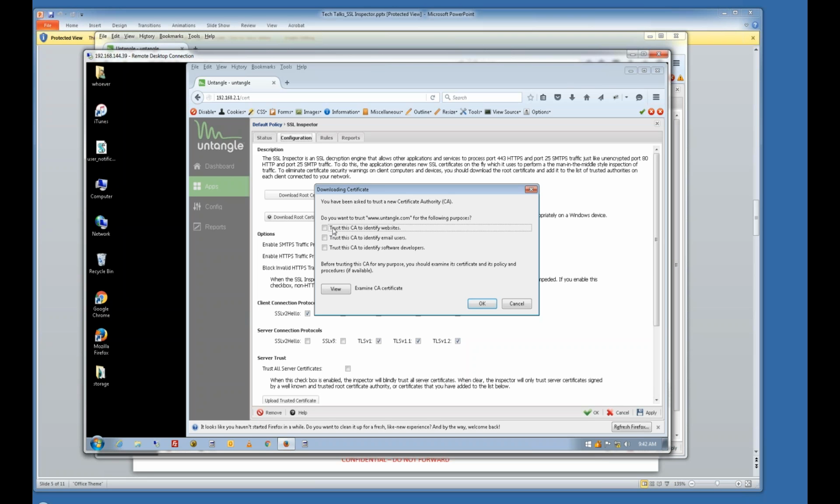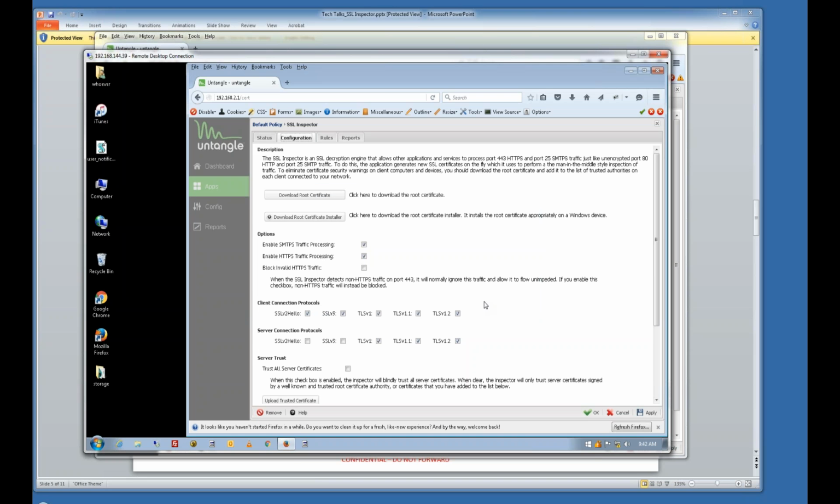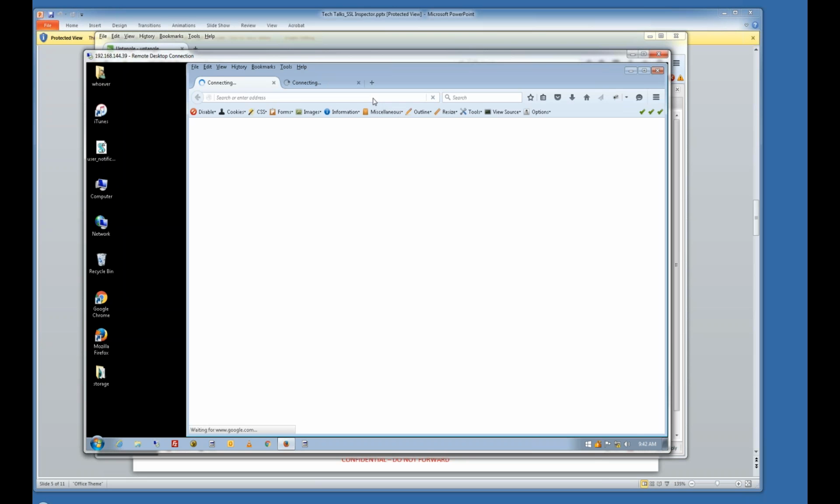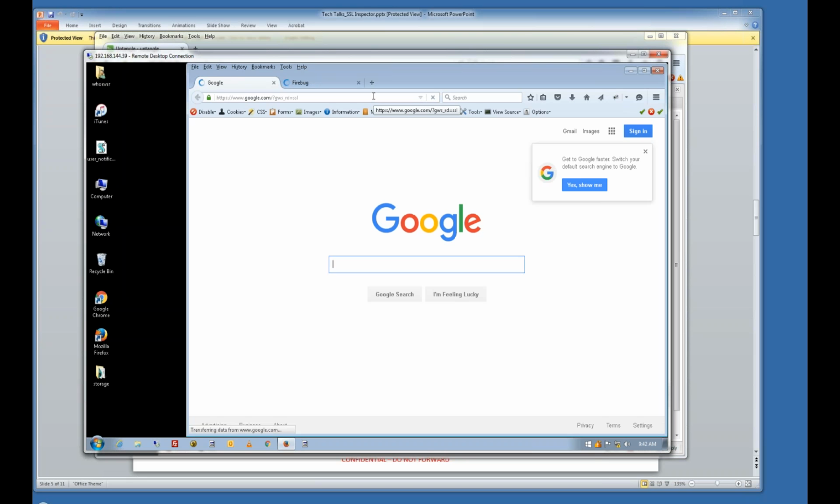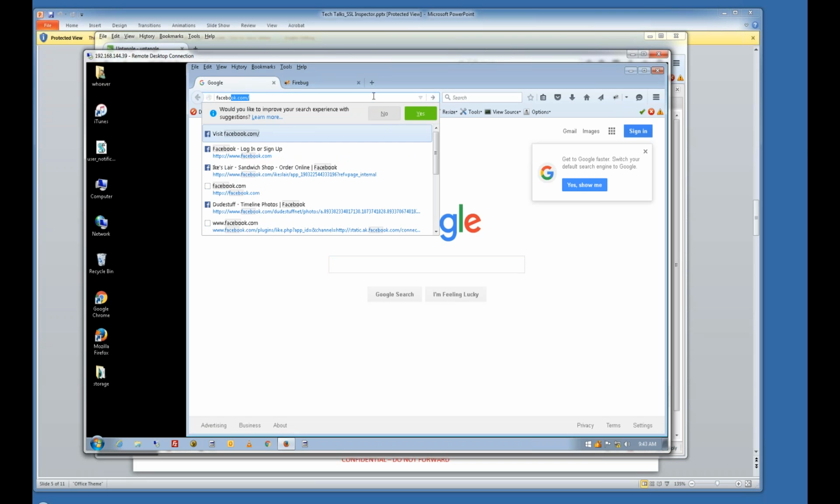So I'll go ahead and select the first one. I'm going to trust it for going to websites. And then what I need to do is restart my browser. So I'll go to the browser again. Now I've trusted the Untangle certificate. So now if I go to Facebook,